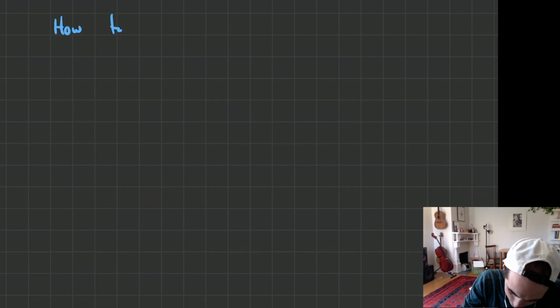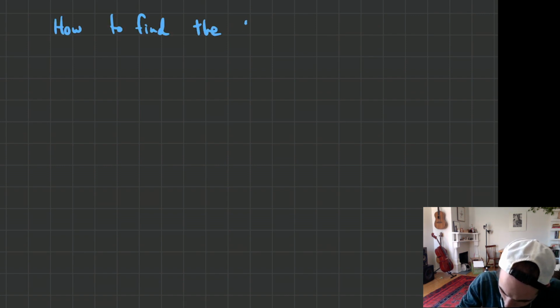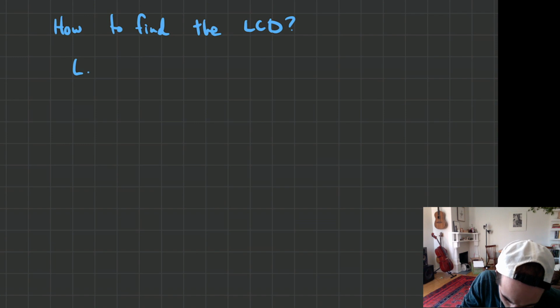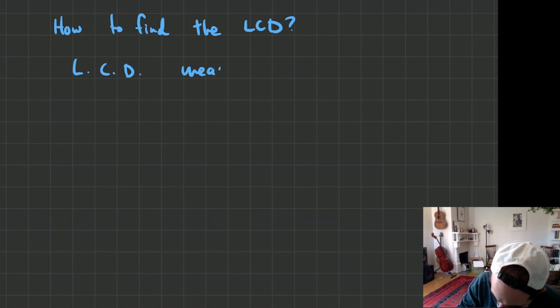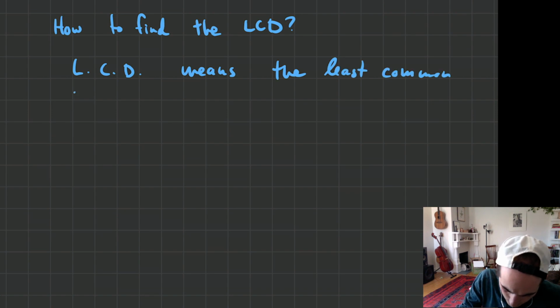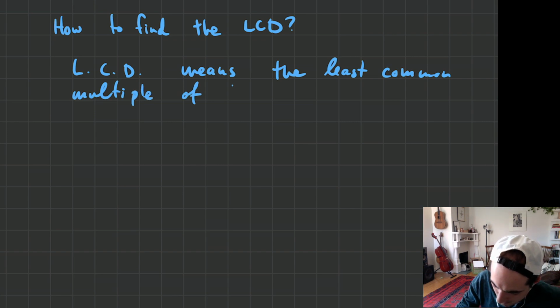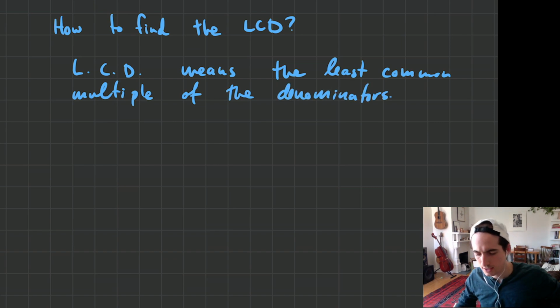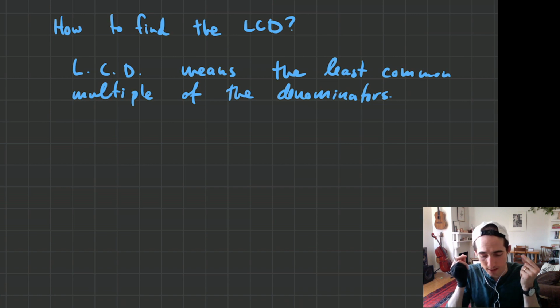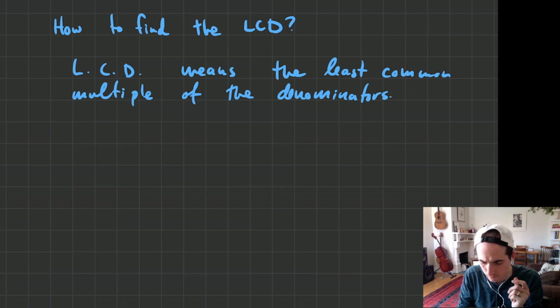How to find the LCD? Okay. So the LCD means the least common multiple. It's the least common multiple of the denominators. Okay, that's what the least common denominator is. We take a look at the denominators and we find the least common multiple. Okay, so